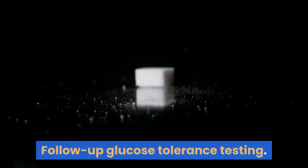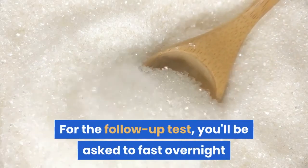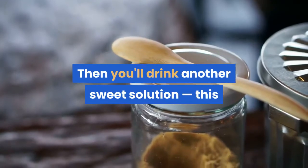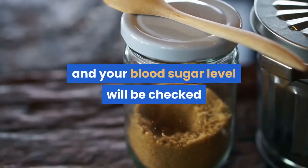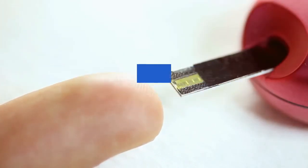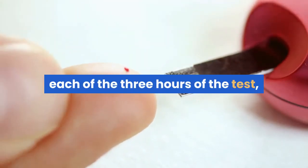Follow-up glucose tolerance testing. For the follow-up test, you'll be asked to fast overnight and then have your fasting blood sugar level measured. Then you'll drink another sweet solution, this one containing a higher concentration of glucose, and your blood sugar level will be checked every hour for a period of 3 hours. If at least 2 of the blood sugar readings are higher than the normal values established for each of the 3 hours of the test, you'll be diagnosed with